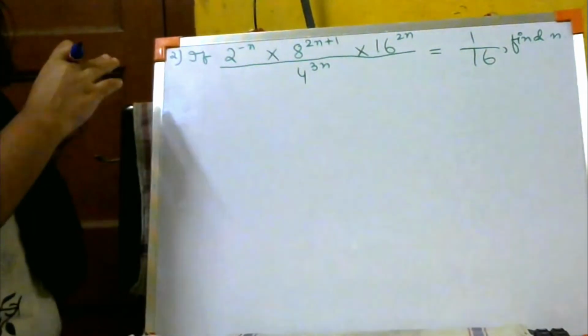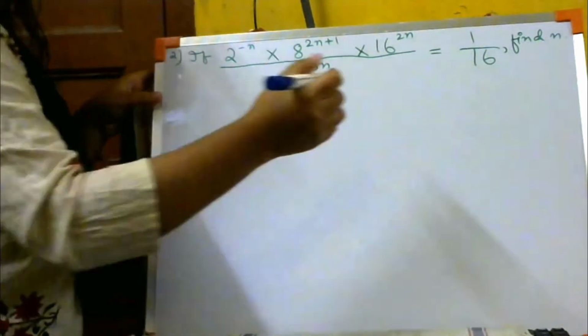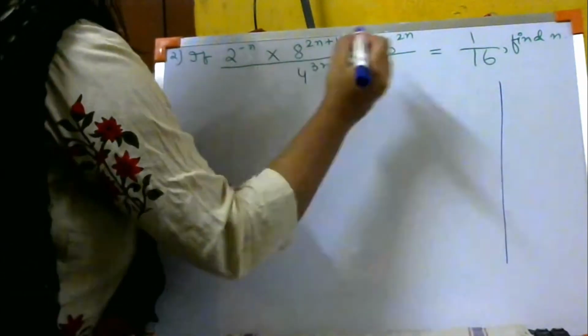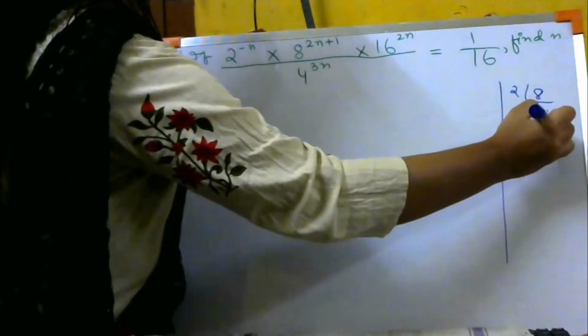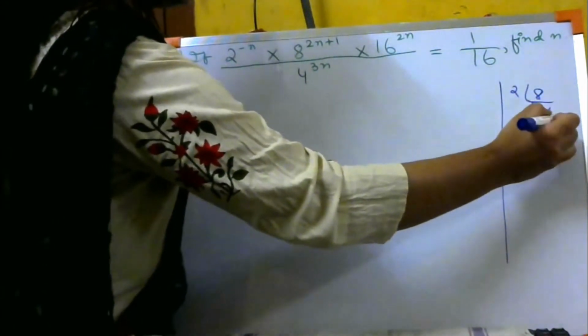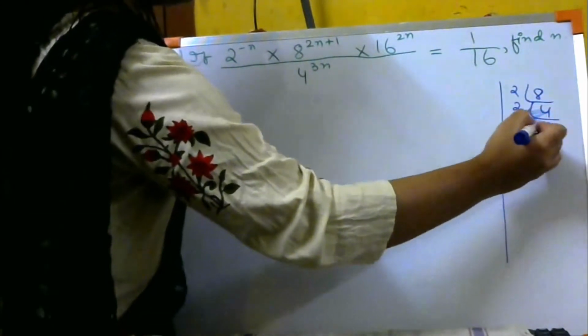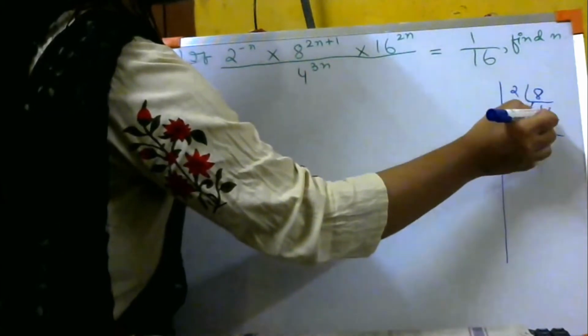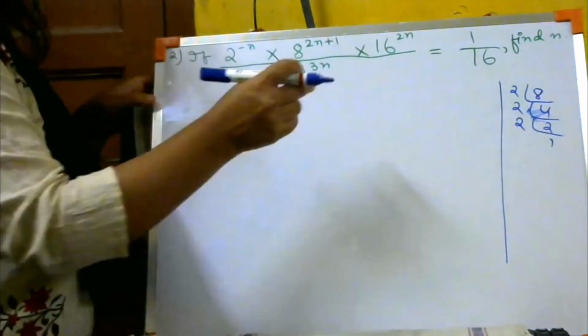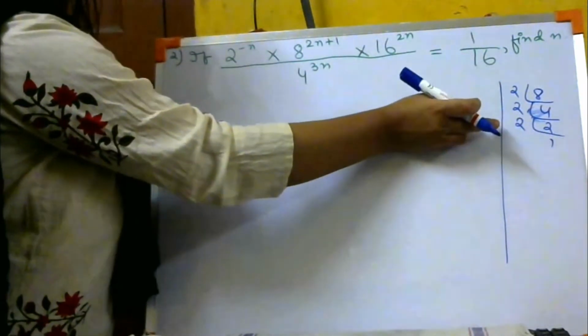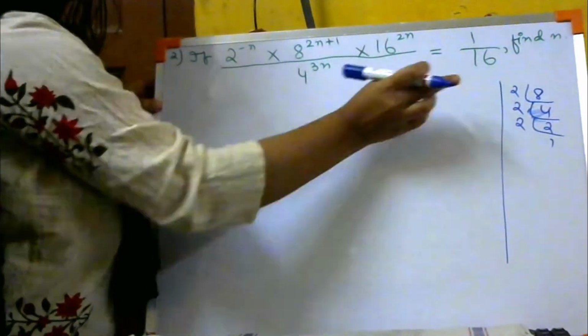I told you prime factorization method. You can use that. You can do the prime factorization method. कैसे 8 को चेंज करते हैं 2 में? 2 2s are 4. Again 2 2s are 4. 2 4s are 8. So 2 2s are 4. 2 1s are 2. कितने बार 2 लिखने से 8 आता है? 3 बार, ठीक है? So 2 into 2 into 2, it is coming to 8.